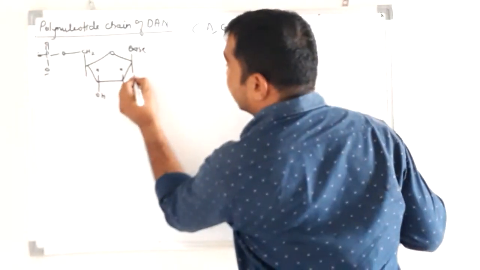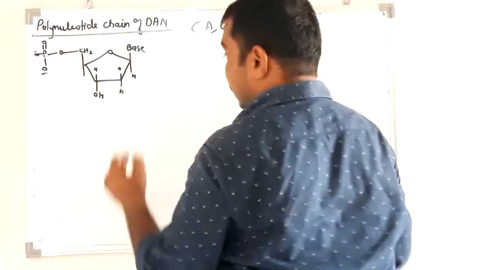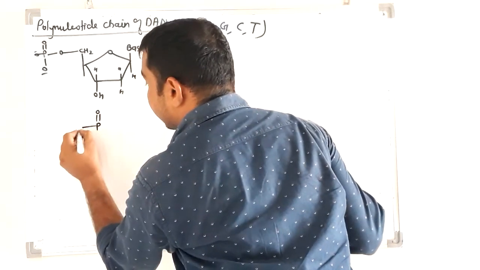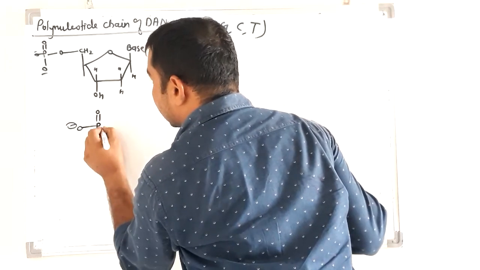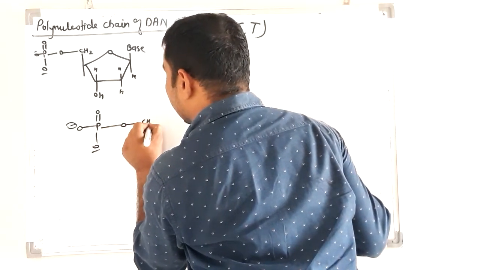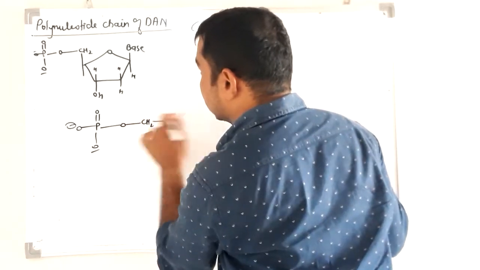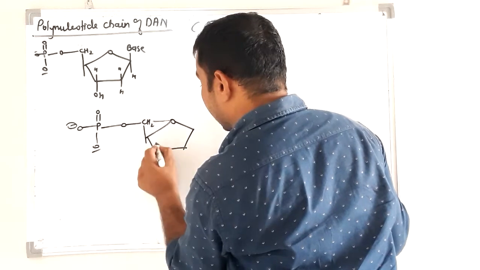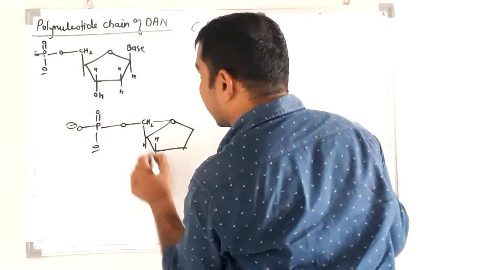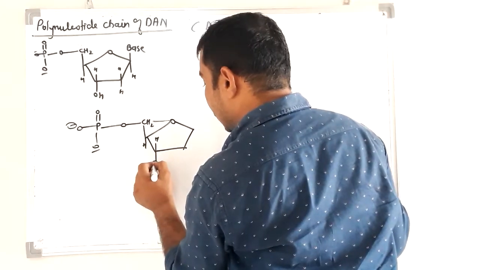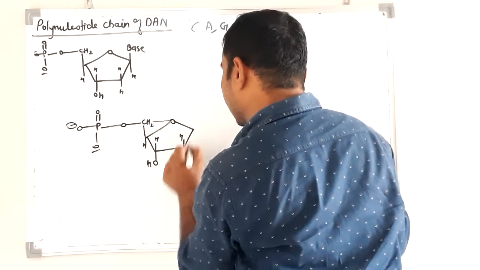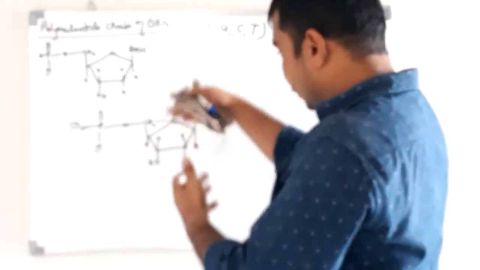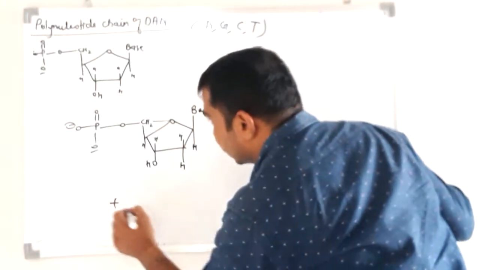This is one nucleotide, then another nucleotide like this, H, OH, H, base, H. Second nucleotide, again we can draw a third,